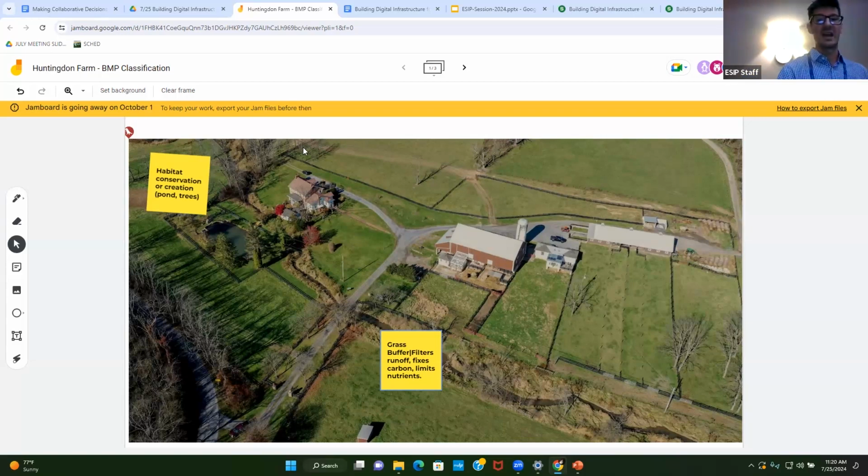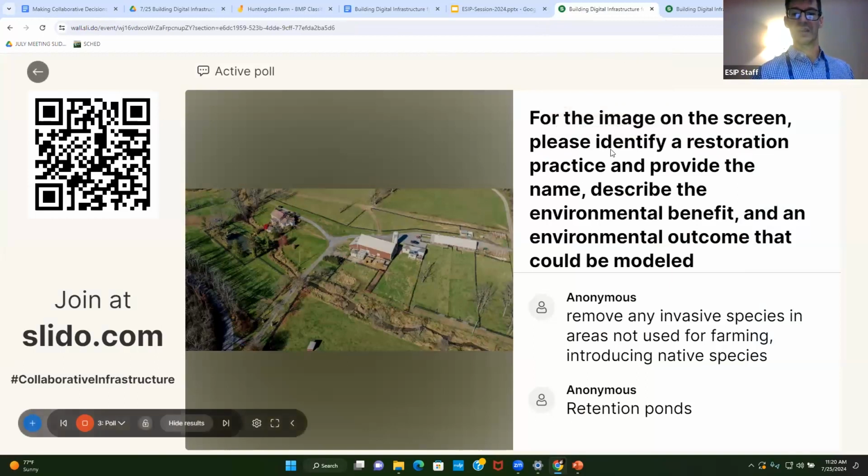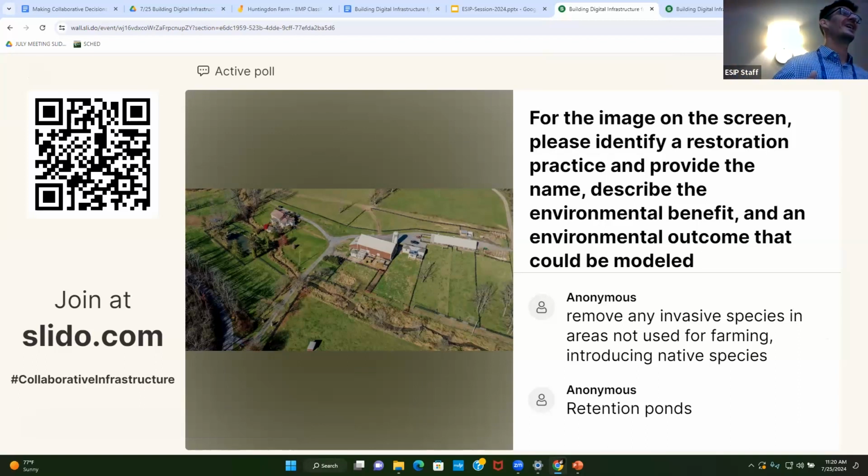As you guys can see, we're starting to get a pretty good list of these different practices. And I'm sure that if I pulled up that standardized USDA list with definitions, you could very easily group those practices to what that conservation standard is.